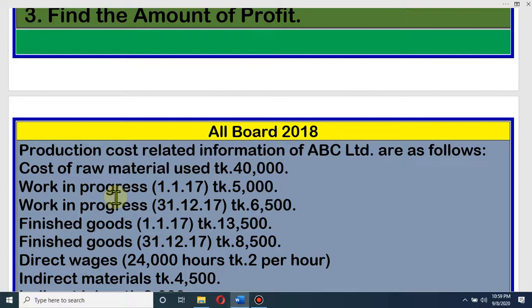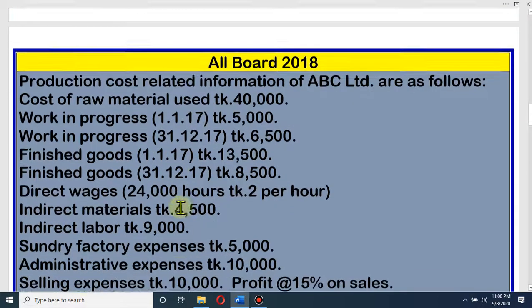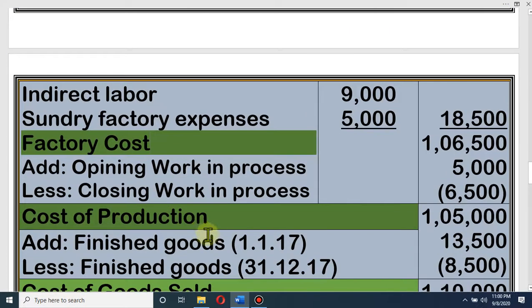So at the end of the year, it is not necessary to finish all the making process of shirt. There may be some half done process, half done shirt. That is called work in process. That means work which is not yet completed. That means when we are making any goods or commodities, if it is not yet completed, then it is work in progress. That means the work is going on, continuing, and this work in process opening we have to add and closing we have to subtract. Then what we will get? We will get cost of production.